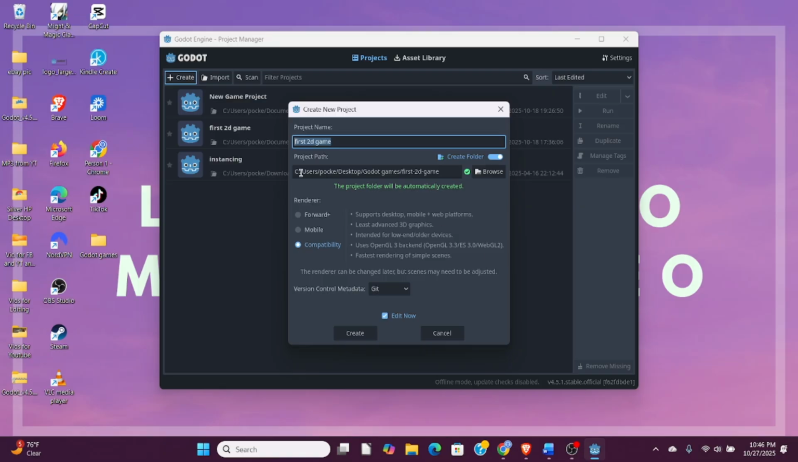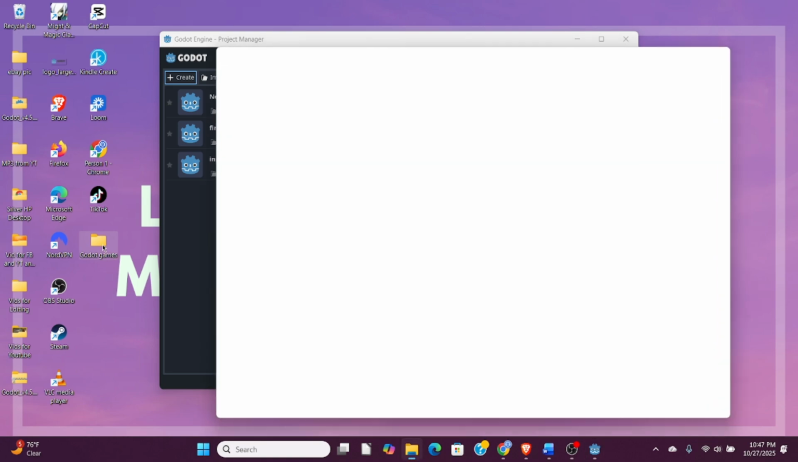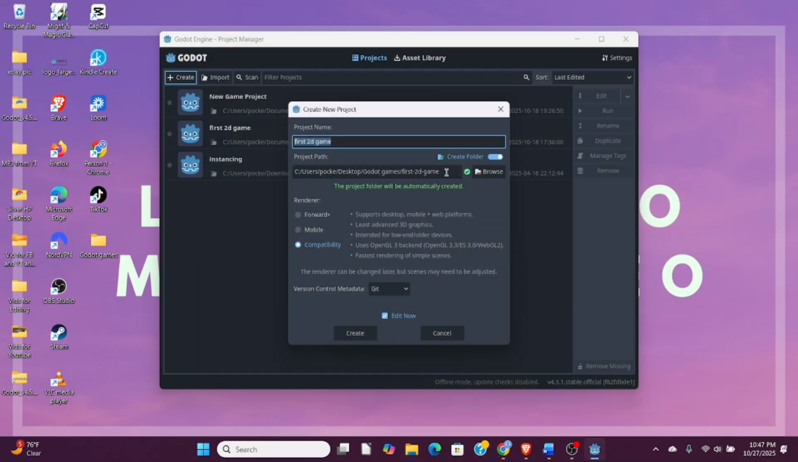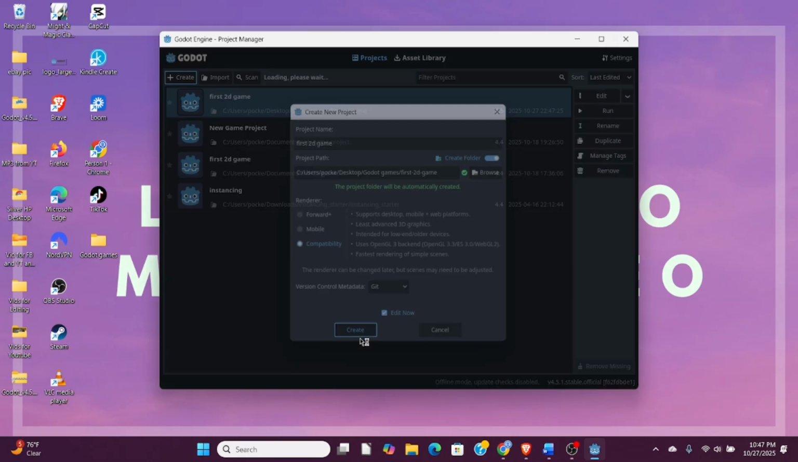And if you notice, the project path is now going to be in that Godot Games folder. Leave everything else as is. It should look something like this. And if you go to that Godot Games folder that I told you to create, notice how it's empty right now. In a moment, it's going to create a new folder in there that'll be named first-2D-game. So let's click Create,